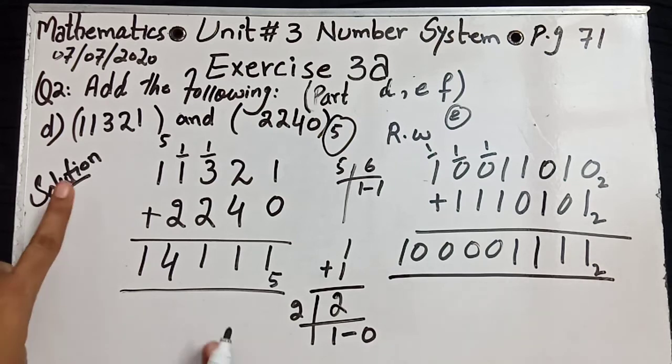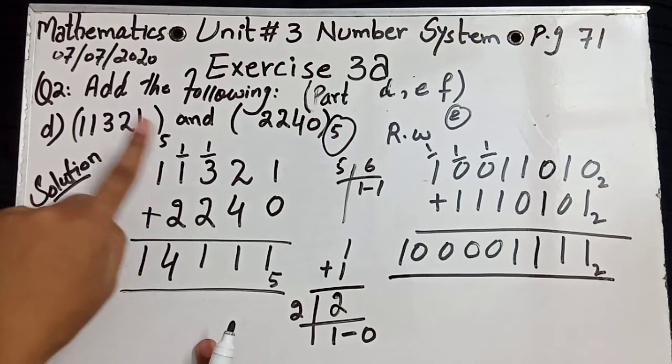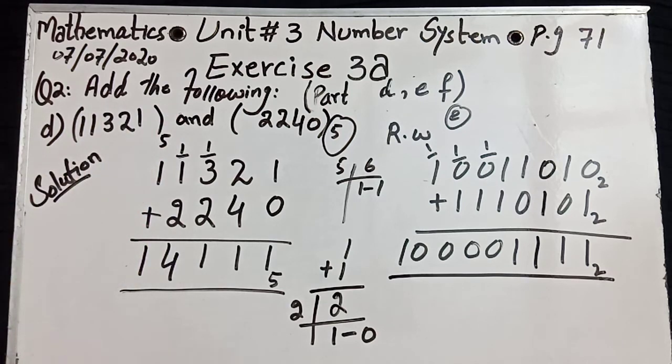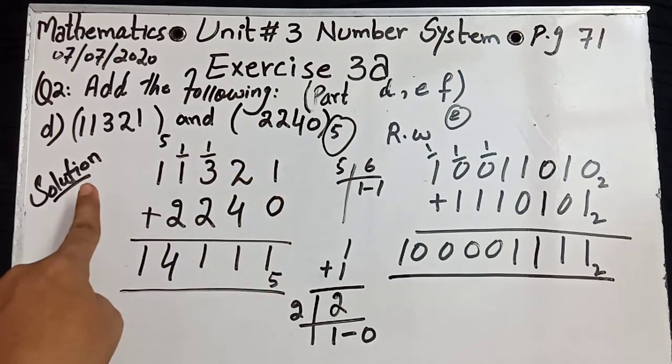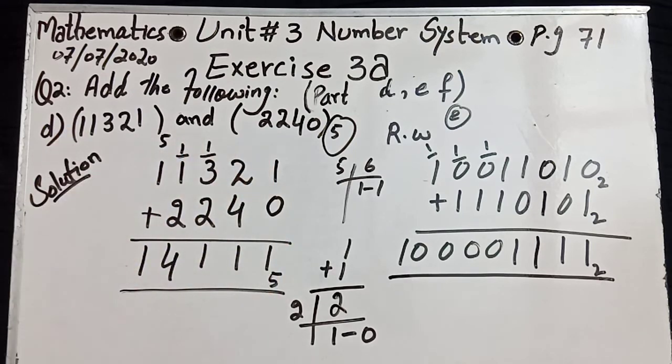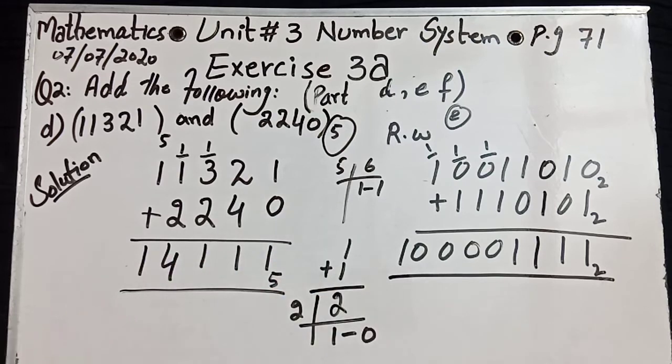The same method we apply in the base 5 system. Just check the question of base 5 system. In the question we use 0, 1, 2, 3, 4. Not 5, not greater than 5. We use just 5 digits, 0 till 4. Even after add or subtract we get an answer that again is less than 5. After add or subtract, if we get 5 or greater than 5, we convert into base 5 system.